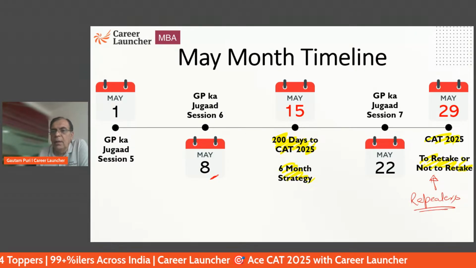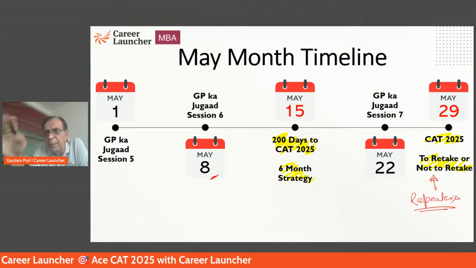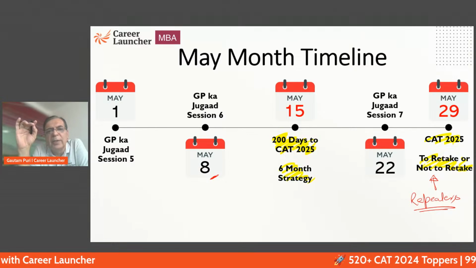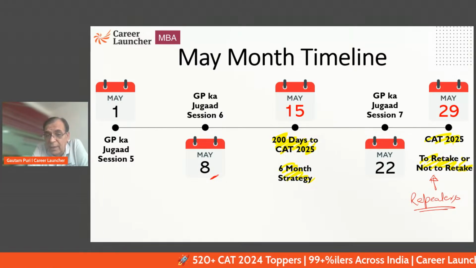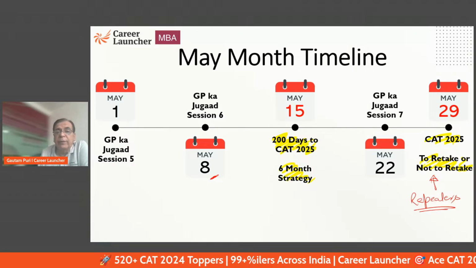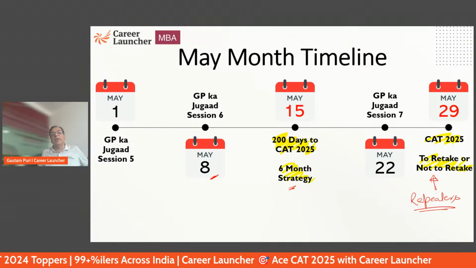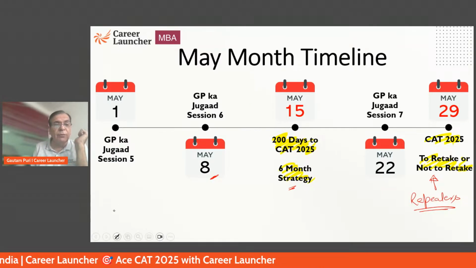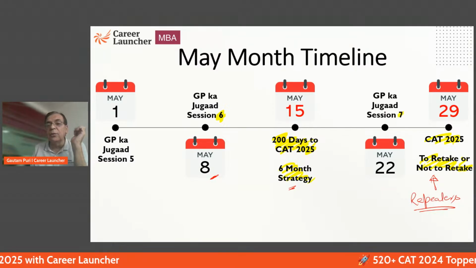The basic rule is that if you're a repeater, the May 29 session is important for you. It will hopefully help you understand whether you should join the college which you have got or go for a retake. The 15th May session is relevant for all of you, as it is a basic 6-month strategy. And for the sessions on 8th May and 22nd May,